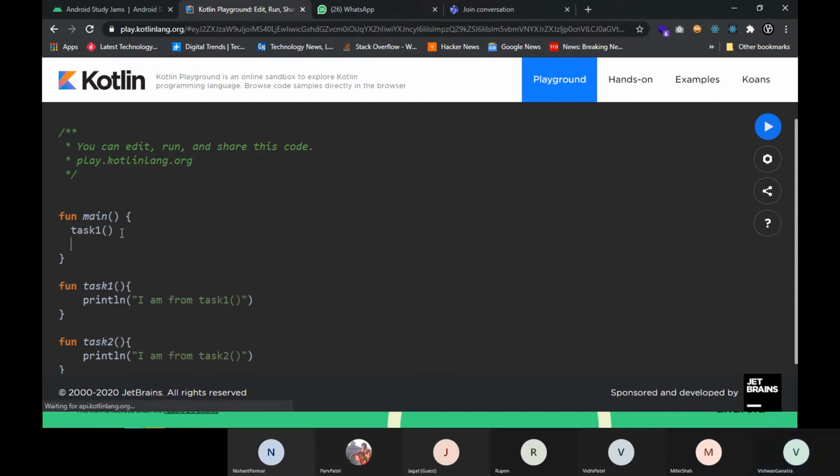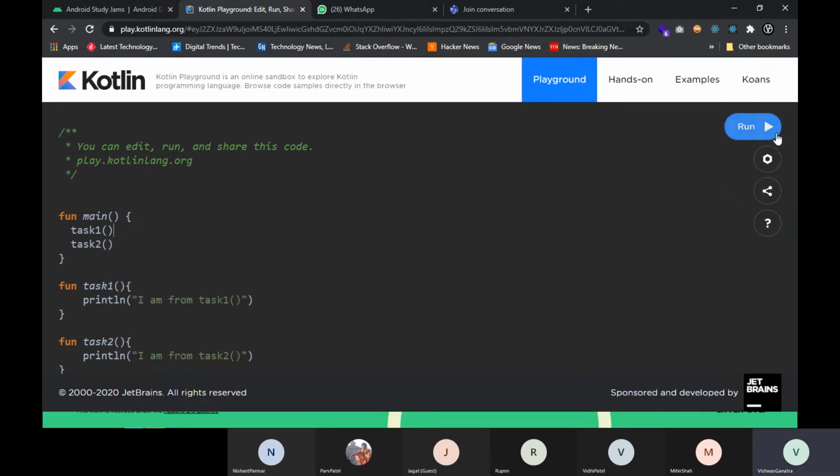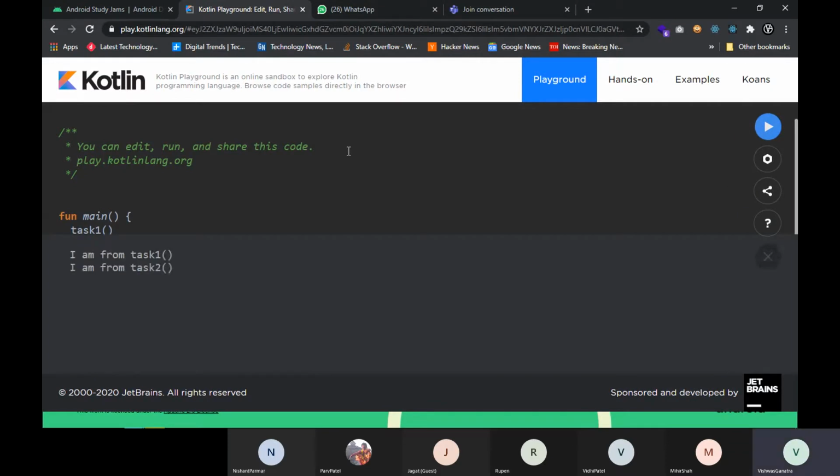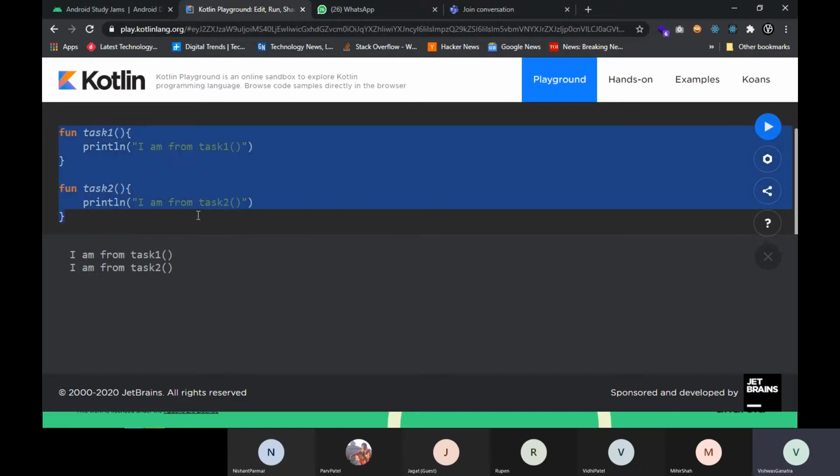And then execute the program. You can see the task 1 function is called first, and the task 2 function is called after that. So both these functions are basically running on the main thread itself.